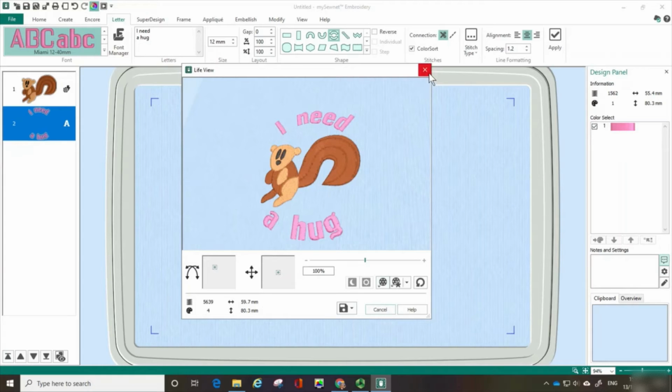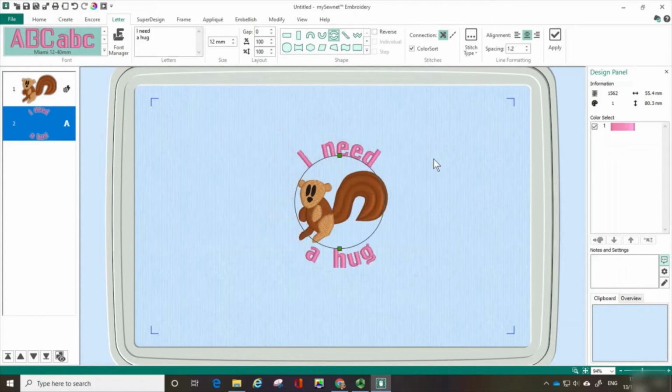And so I am going to just close that down. But there's another feature that is great in the software. It's really useful to use, and that is, I might think, well, okay, what's this actually going to look like on the t-shirt? So if I go to the View tab